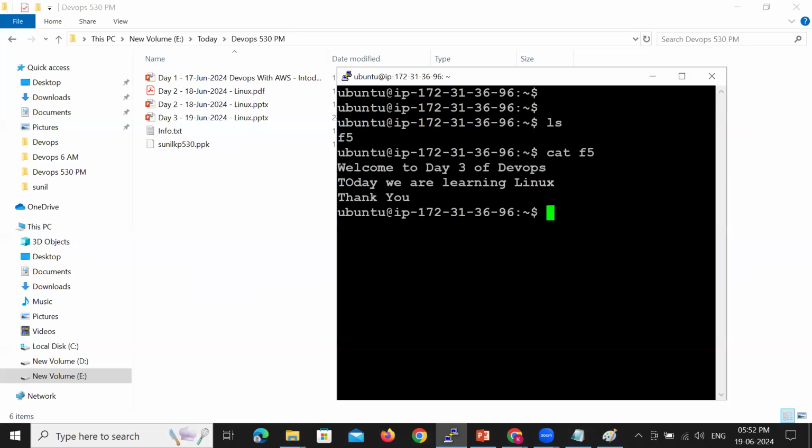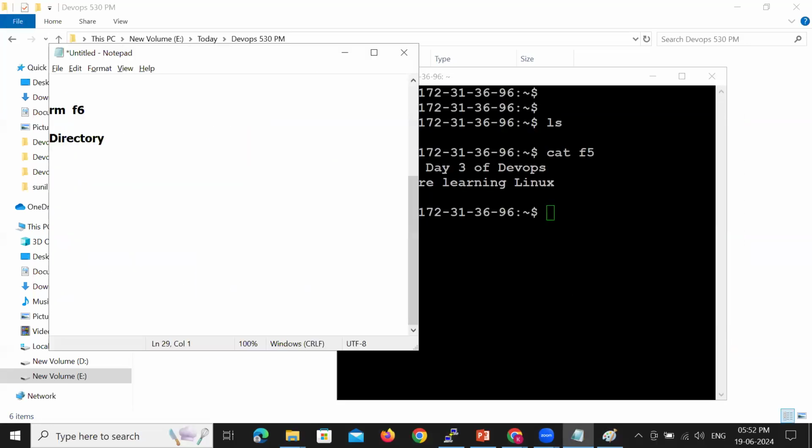I want to create a directory with the name D1. This is the name of the directory which I want to create. How can we create a directory?